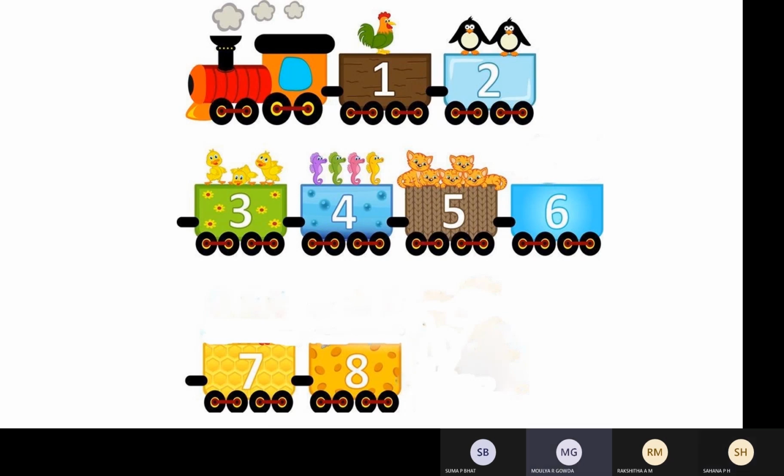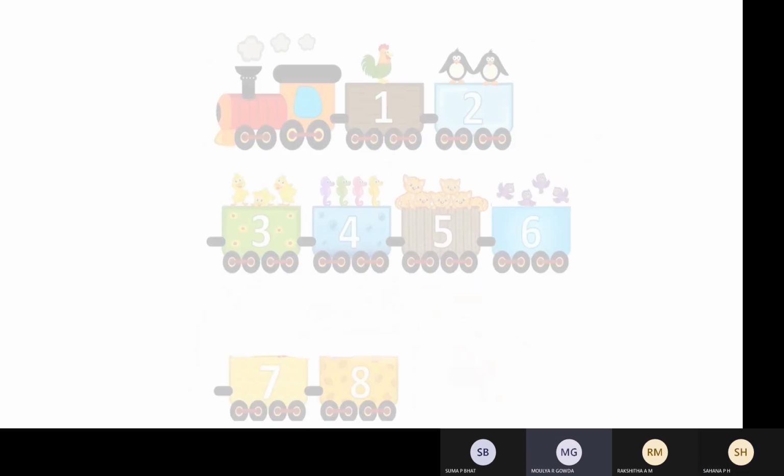We see, next slide, that we have to fit 4 birds into this train. According to the method we have followed previously, these 4 birds will have to sit in the 4th carriage, which is equivalent to the number 4. But no, it cannot fit there because there are already 4 seahorses. It tries to fit into the 5th carriage, but there are already 5 kittens in it. And now it goes and sits in the 6th carriage. This is how progressive overflow works.